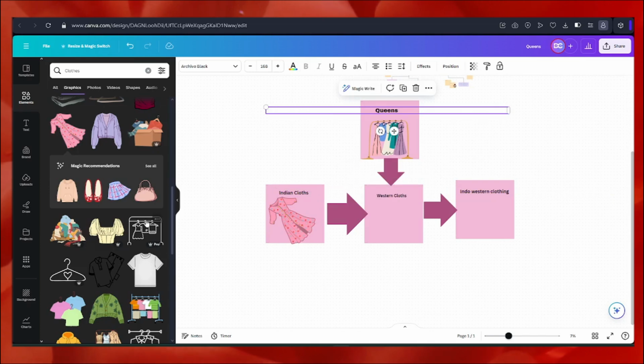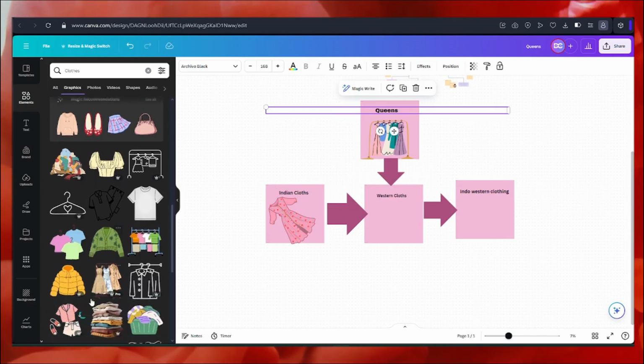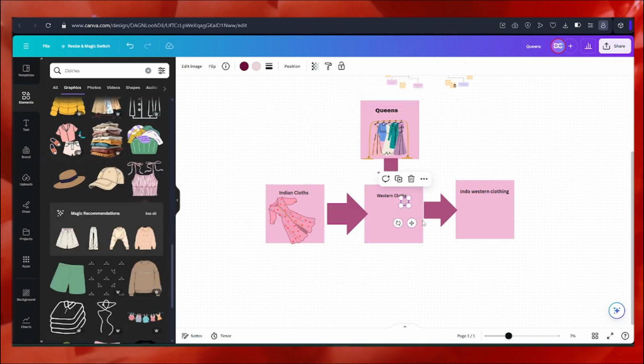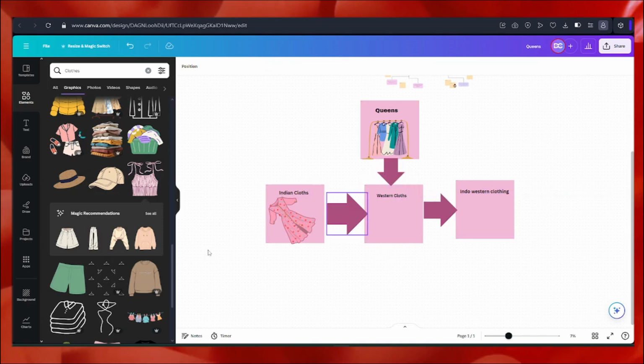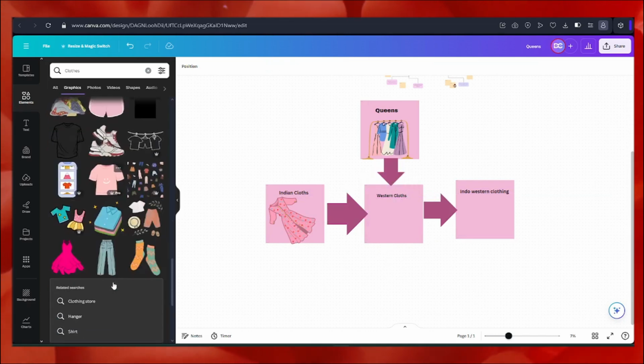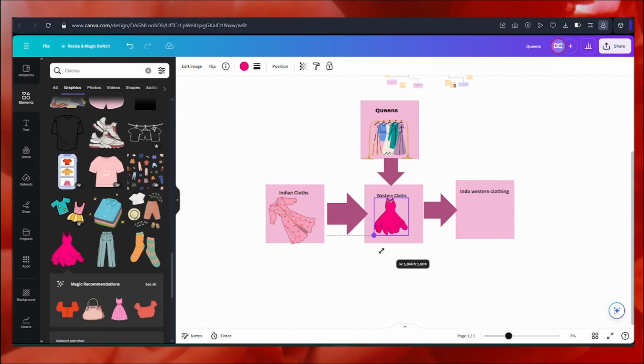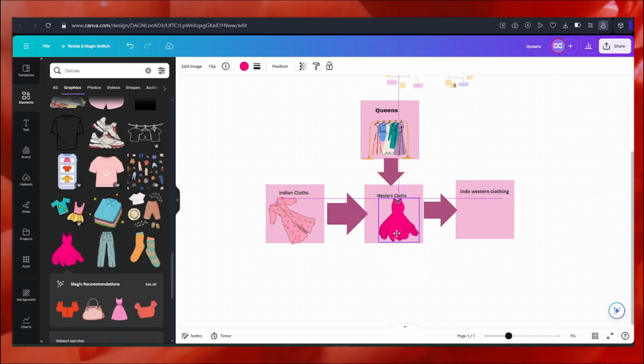Now in Western clothes, I can pick up this top, but it's all very pink, so it's not visible. Let me just try to pick up something else. This might look nice, as you can see.